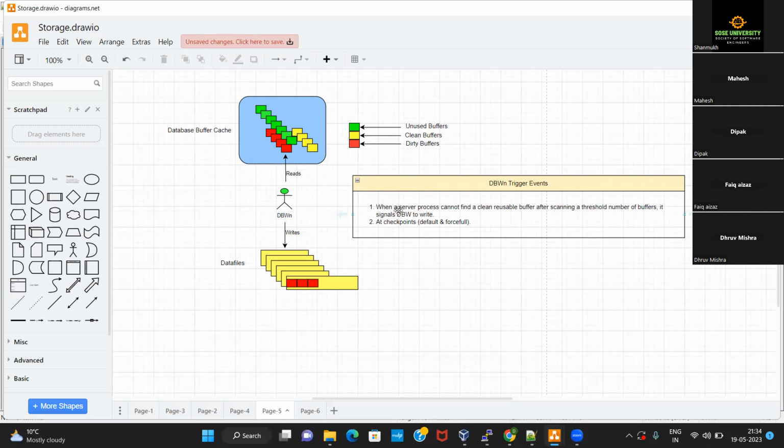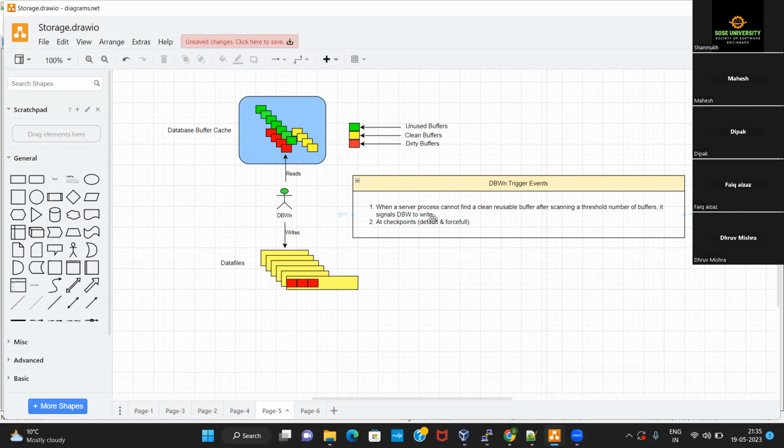This is mentioned here: when a server process cannot find a clean, reusable buffer after scanning a threshold number of buffers, then it signals the DBWR to write. You understand that now?